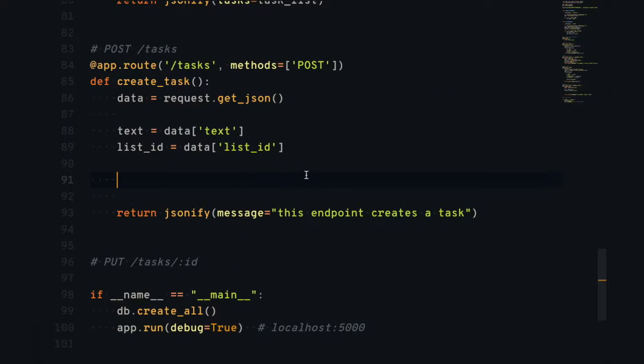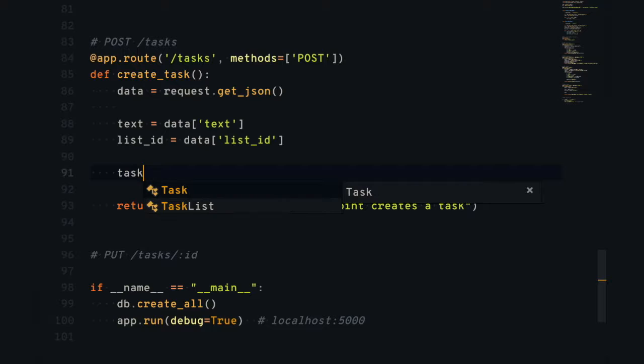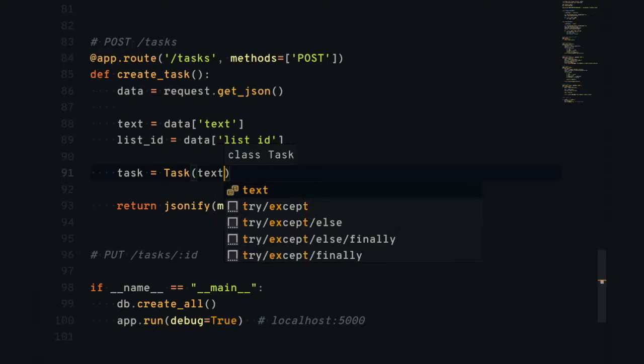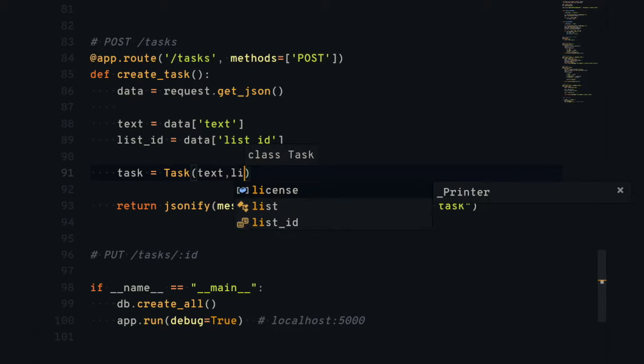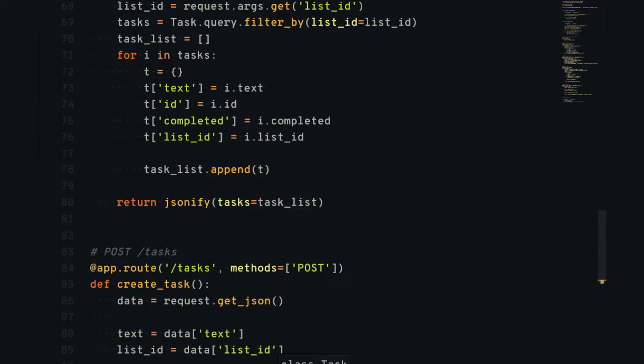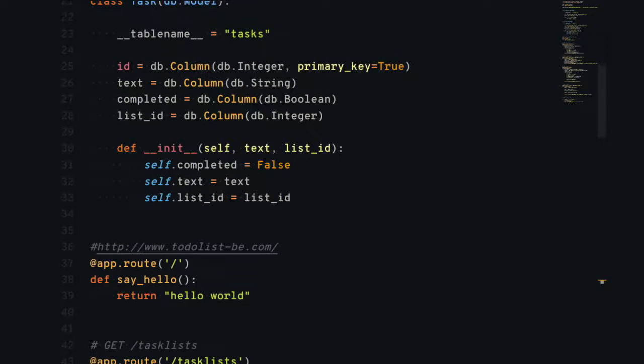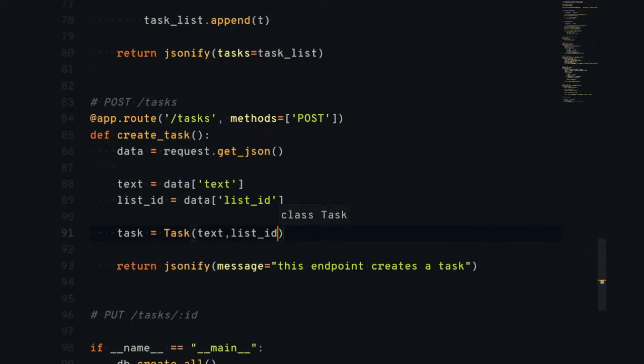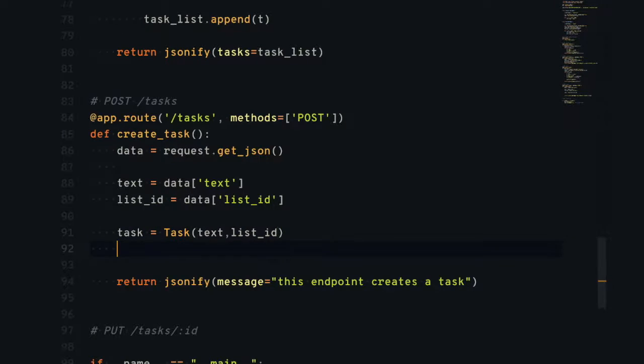So to create a new task object, we name it task equals the name of the class, Task, and inside the brackets we pass in the attributes we need to create the task with. So the text and the list ID. I think that's the order. Yeah, so the text and the list ID we will pass into the task object, and once that is done,